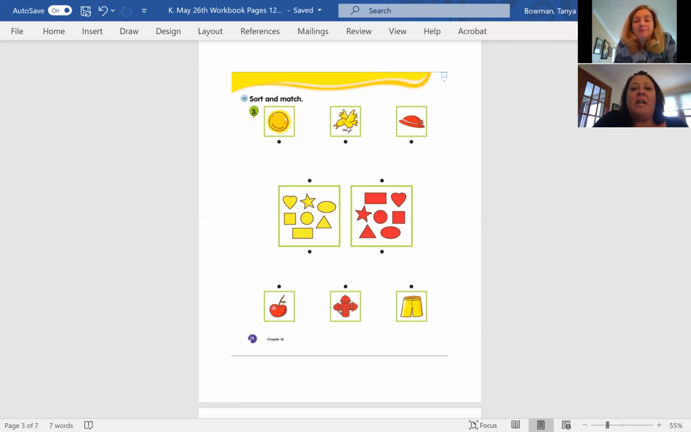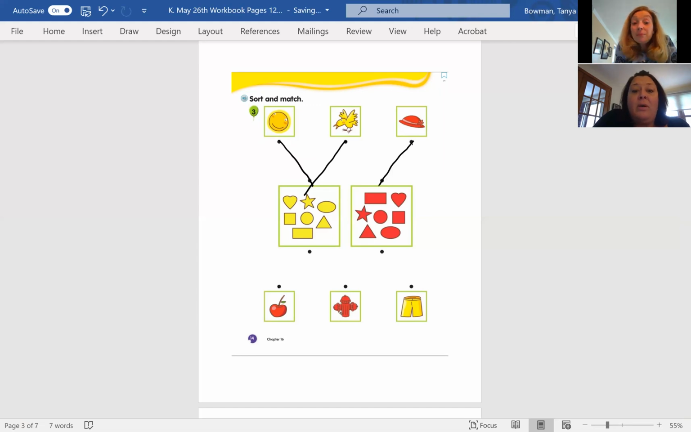So the sunshine, yellow. Can I help, Mrs. Bowman? How about the bird go to yellow too? Because he's a yellow bird. Perfect. And how about the red hat go to the red shapes? Perfect. I think it's an apple down there. Do you think it's an apple or a cherry, Mrs. Bowman? Well, I thought apple at first, but it has a really long stem, so it really could